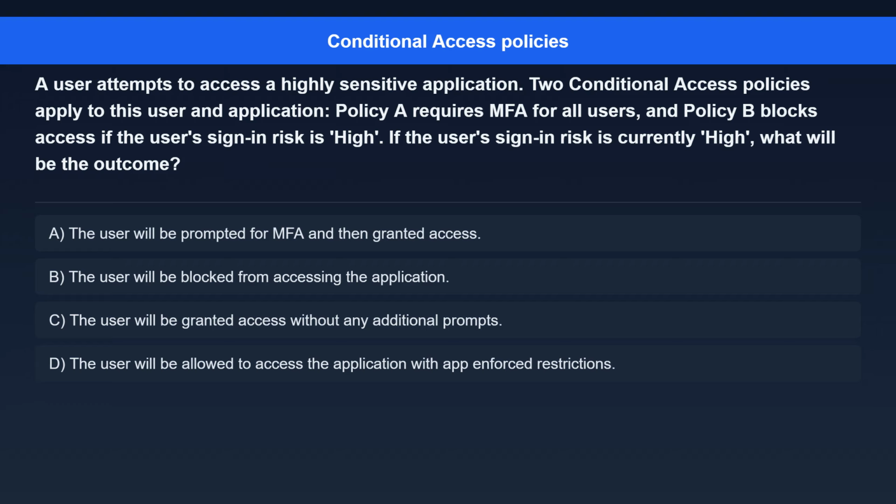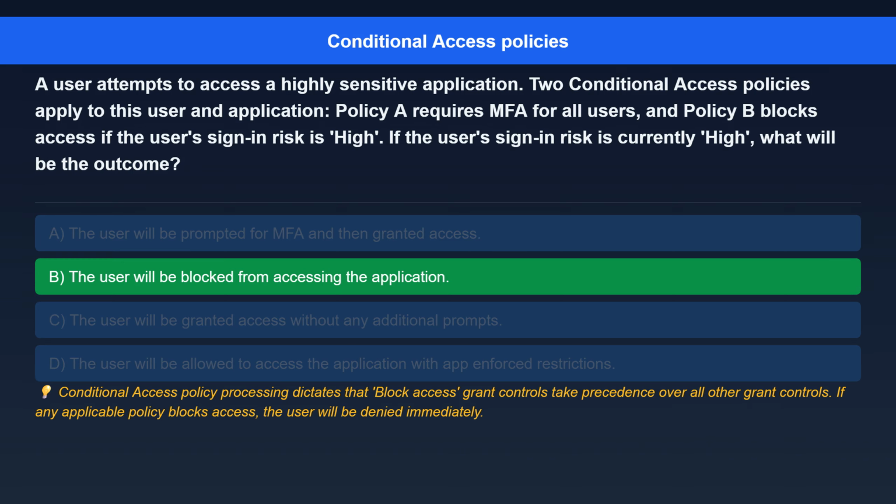Option A. The user will be prompted for MFA and then granted access. Option B. The user will be blocked from accessing the application. Option C. The user will be granted access without any additional prompts. Option D. The user will be allowed to access the application with app-enforced restrictions.